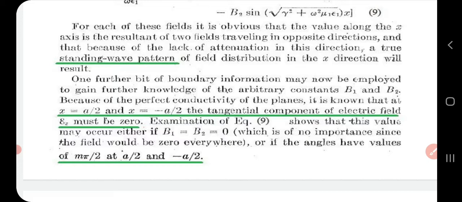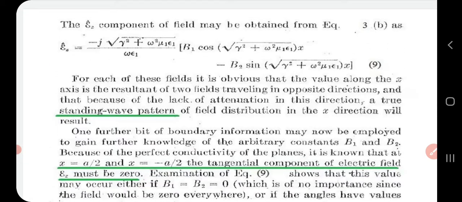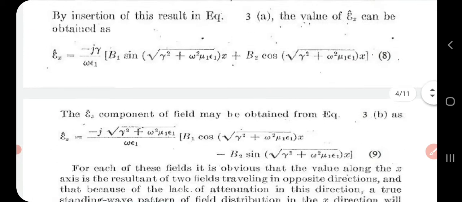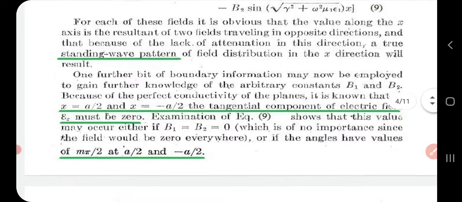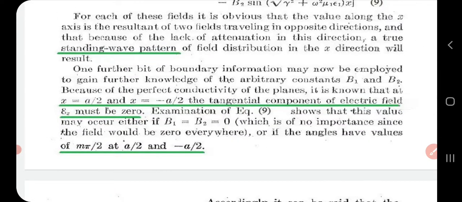That is, we are assuming that the planes along which the waves travel are perfectly conducting, and at the extreme ends of the plates, that is at x equal to a by 2 and x equal to minus a by 2, the tangential component of electric field is assumed to be 0. Since we are skipping equation 9, we can refer to equation 8 and say that the value that is obtained